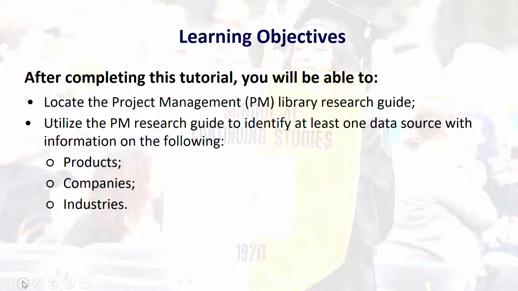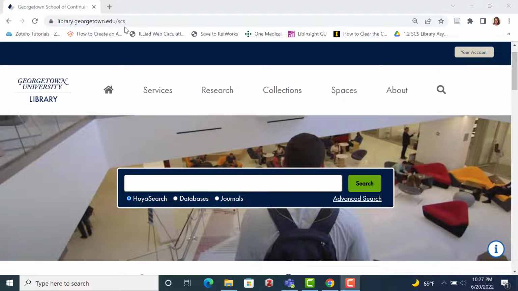More specifically, we will discuss how to find the Project Management Library Research Guide, and then use it to identify data sources that provide information on a given product, the company that manufactures it, and the broader industry in which the company operates. We will aim at you being able to locate at least one data source for each of these information needs. In order to access the Project Management Library Research Guide, let's visit the School of Continuing Studies